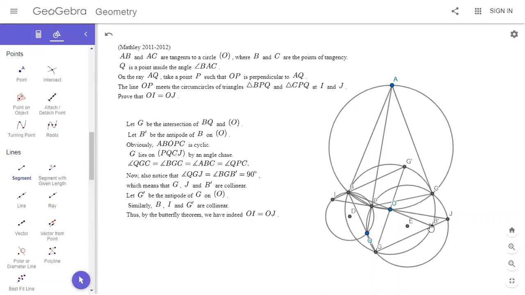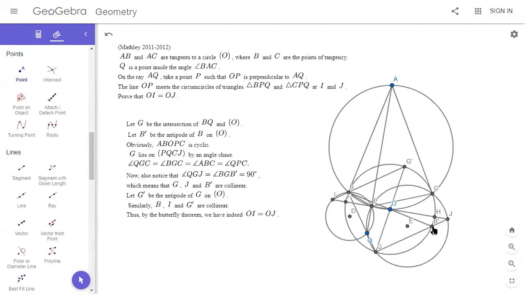Yeah, G, O, so we're using the butterfly theorem on BB prime, GG prime, and this sort of diameter. So O is the midpoint of FH, and then we take those two